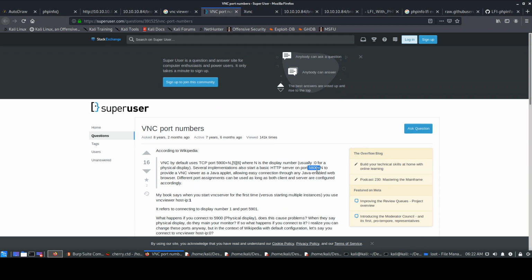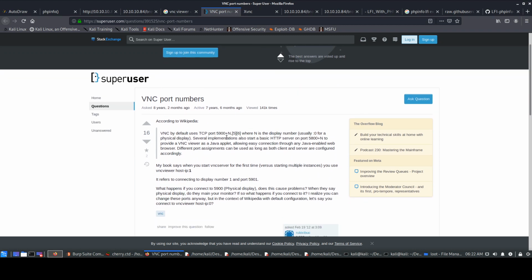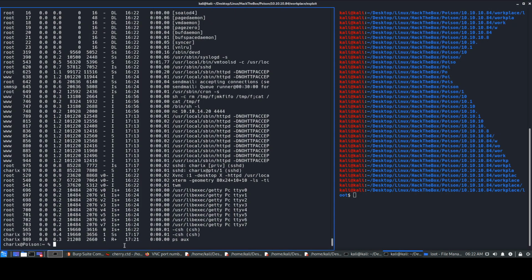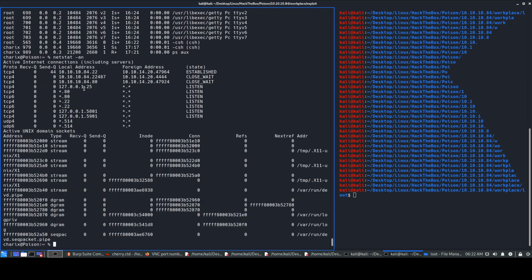It says something like port 5800 or 5900. Okay, so let's just quickly look. It's around that range. So what we'll do in the system is we'll just go over here. We'll use the netstat command. We'll be using netstat, and we'll be giving the -an switch, so that it will give us the connections present